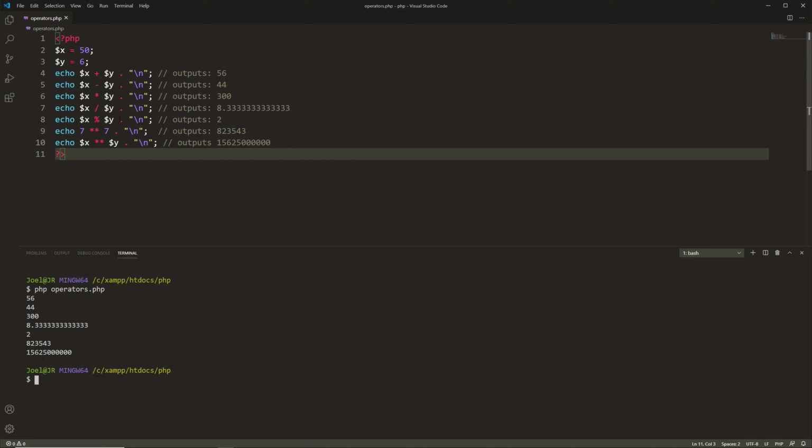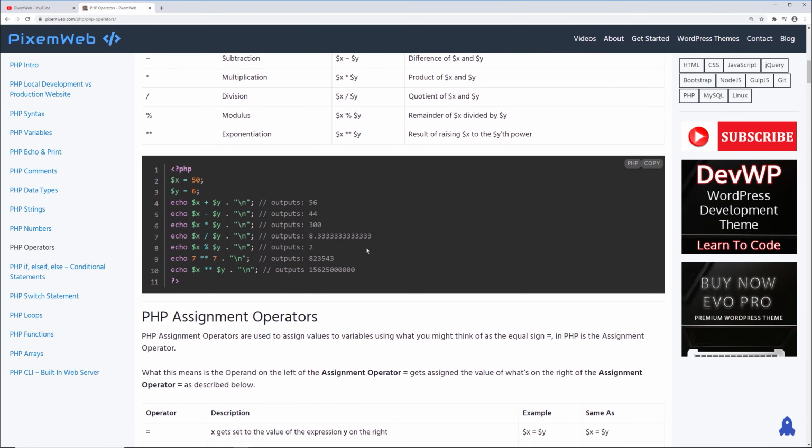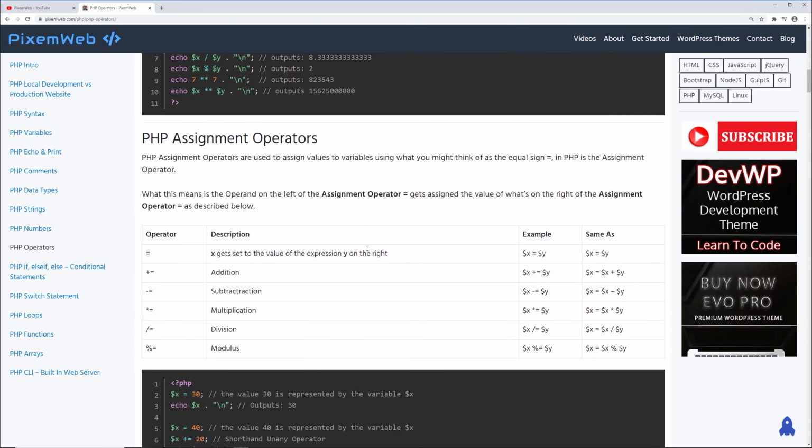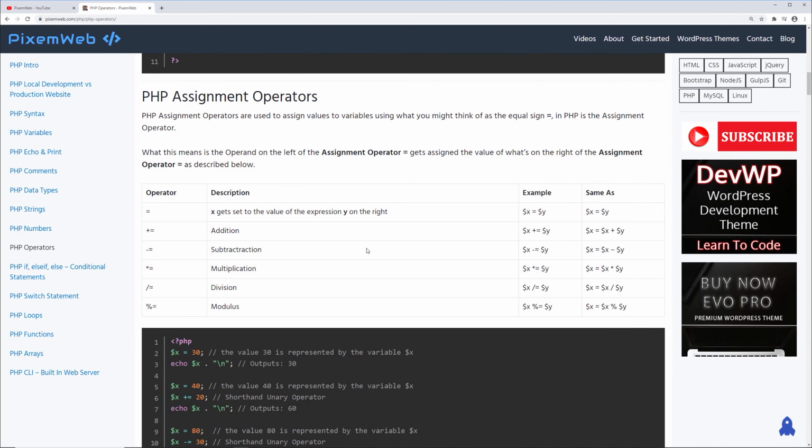Right here. And that's pretty much arithmetic in PHP. All right, let's go back to the browser. The next one, we're going to go over the assignment operators within PHP. We've already seen some of these examples in the previous videos, but there's some extras that I want to